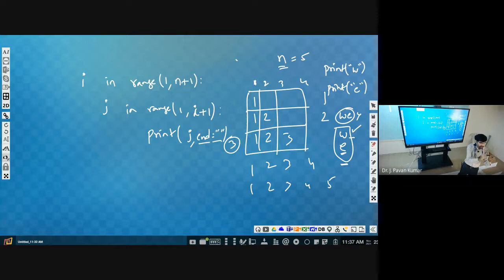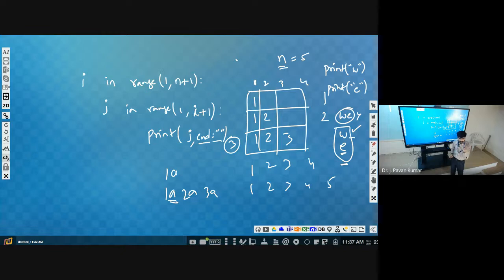If you want to end that line with a space, or not a new line, after printing this j, suppose for every character, after printing 1 you wanted to print a. After printing 1, again you wanted to print a, then 2a, 3a, like this. Then after printing everything, we are ending that with a.